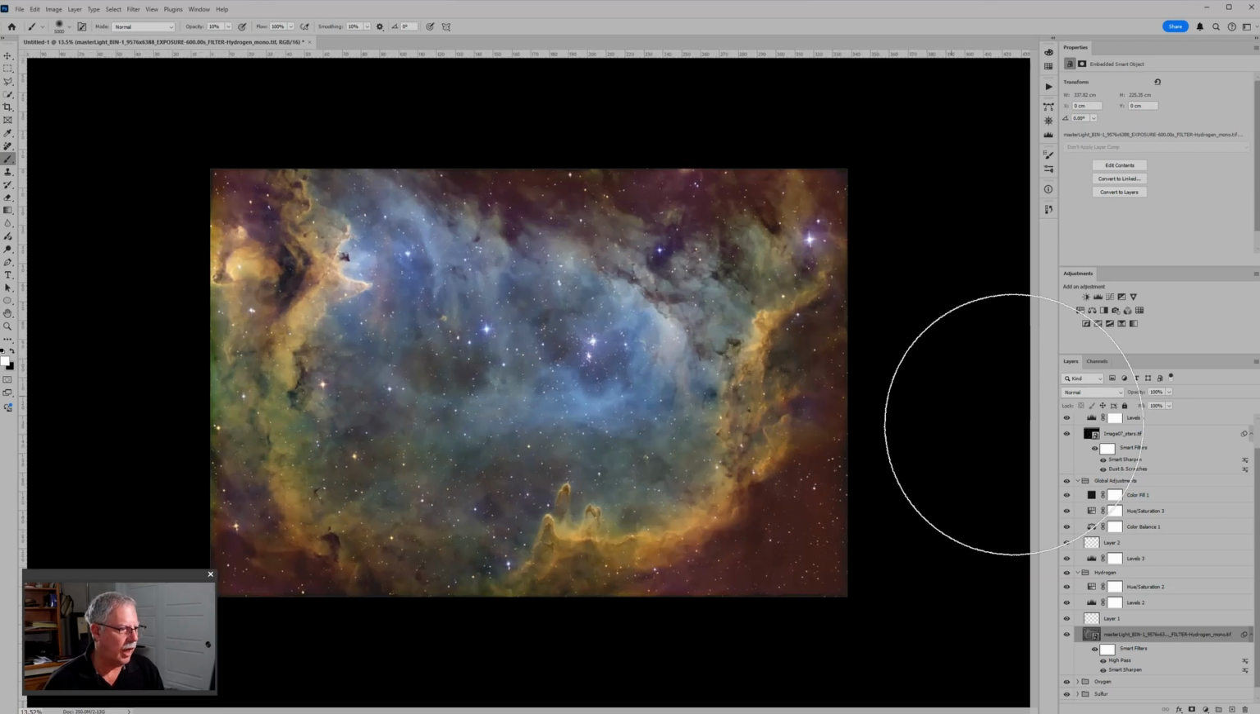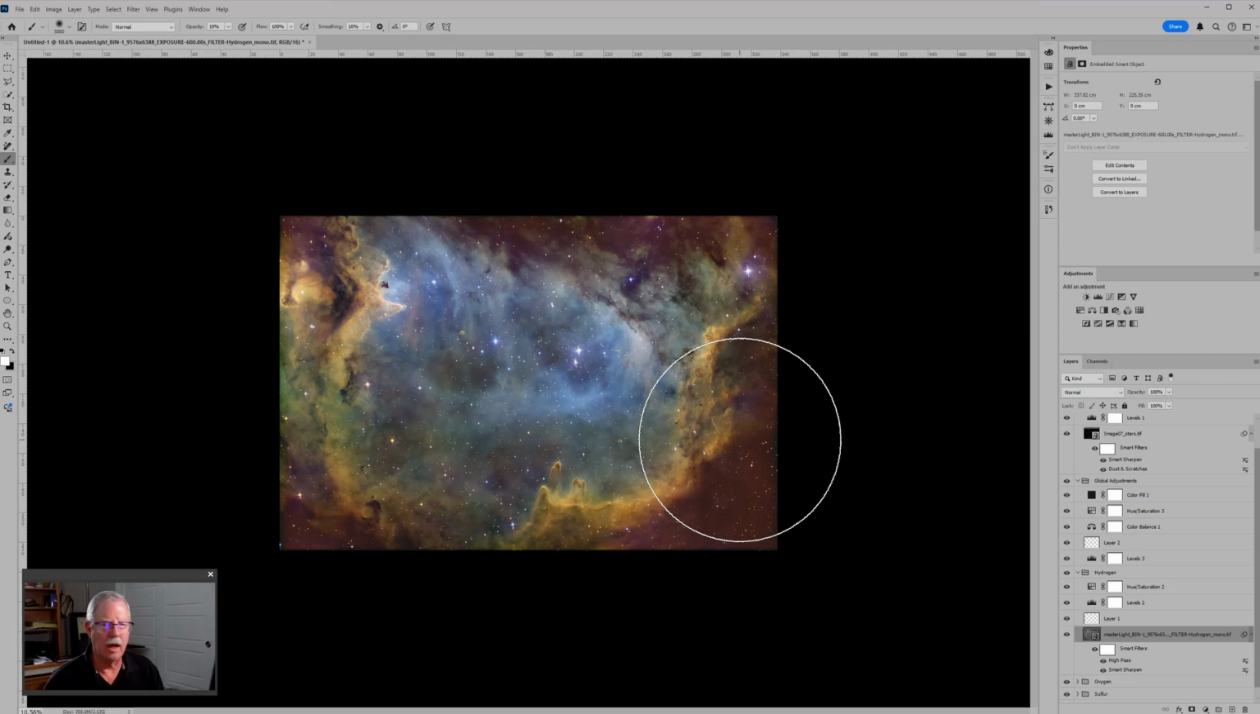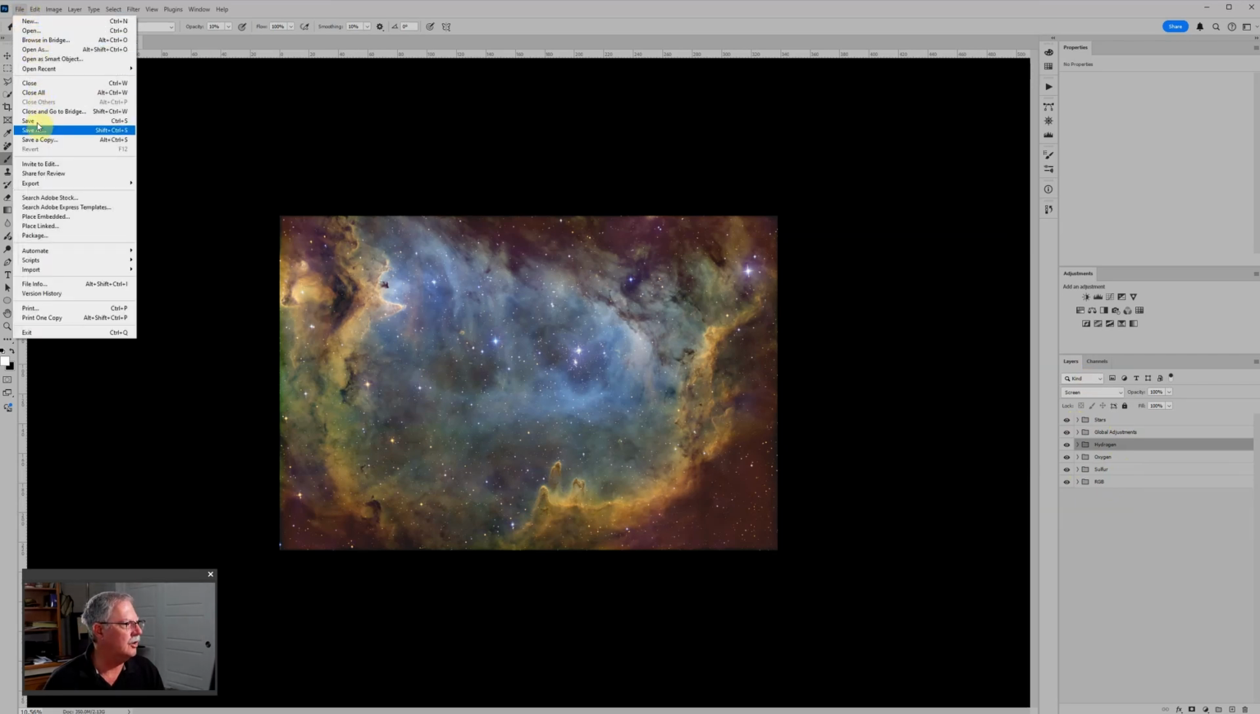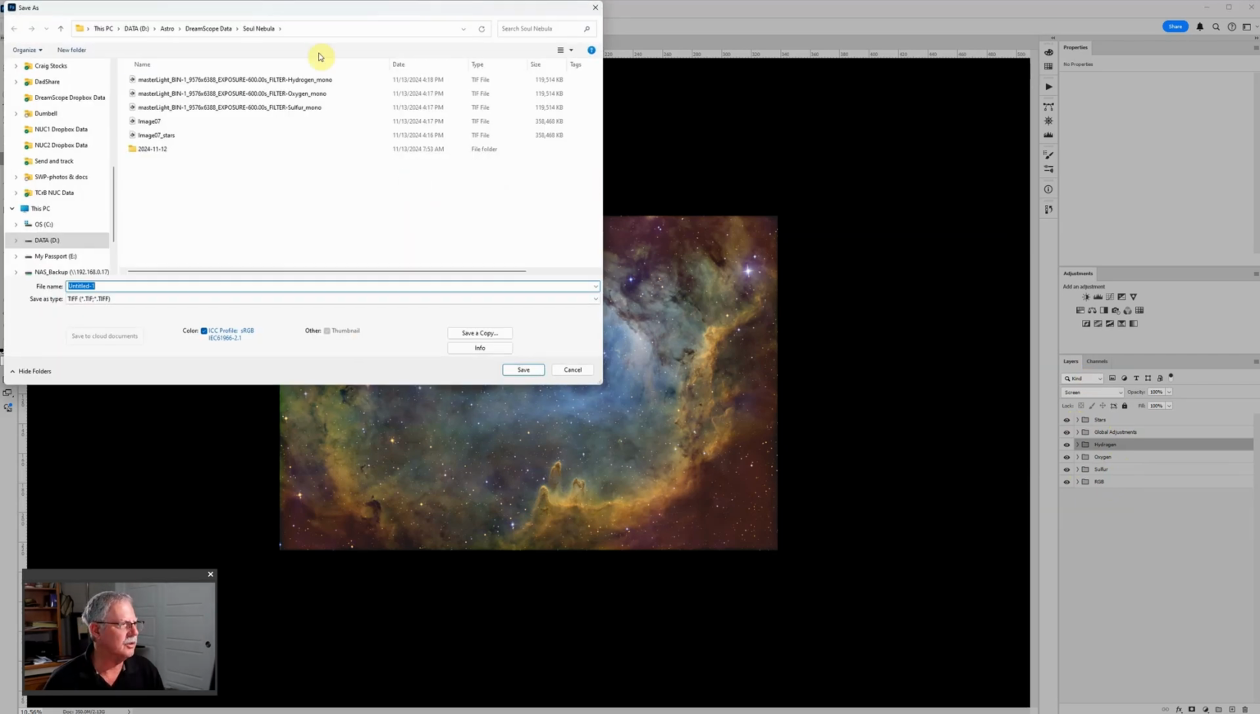So I could do the same thing with the oxygen and sulfur, but I think I'll stop here just to keep this video from getting too long. So that's the basic process. We processed it in PixInsight, created the 5 files that we used here. Each one of those got placed into its own layer group. So when we get done, we have a layer group for RGB, sulfur, oxygen, hydrogen, global adjustments, and then the stars on top. And then the last thing I'll do is go to File, Save As,